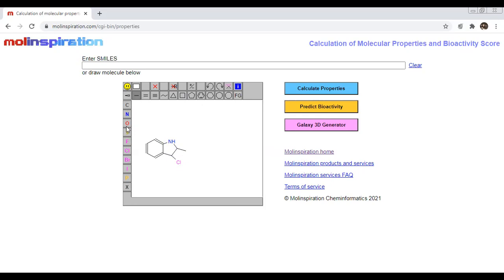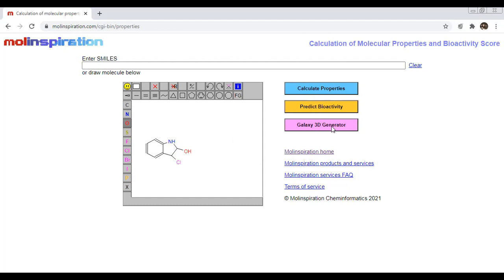Basically, I'm working on drug designing for new compounds. Okay. I just draw here OH. Or if you already have SMILES, you can enter SMILES here. Or I have chosen the second option, draw molecule, because this is the same as the ChemDraw structure. And this video I just make for beginners. And I believe it is good if you draw here.